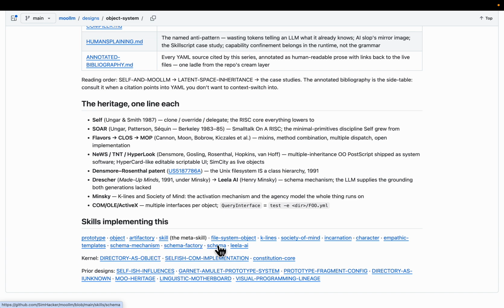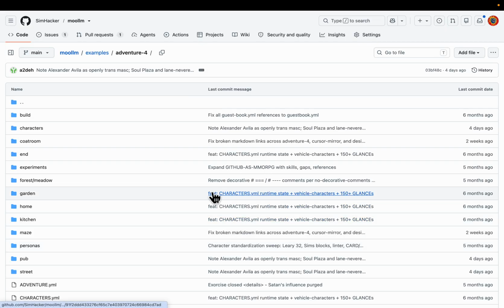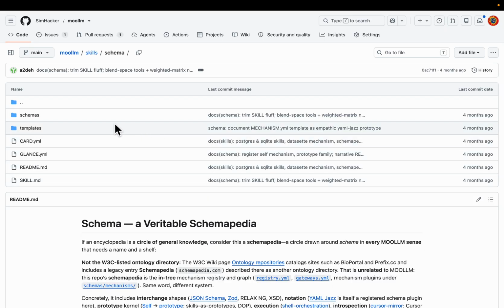And then schema, oh my gosh, schema is a hot topic here. Leela AI is where I work with Henry. And now, see, schema is a very general term. There are many different types of schema. Schema, this is worth just hopping into. Schema